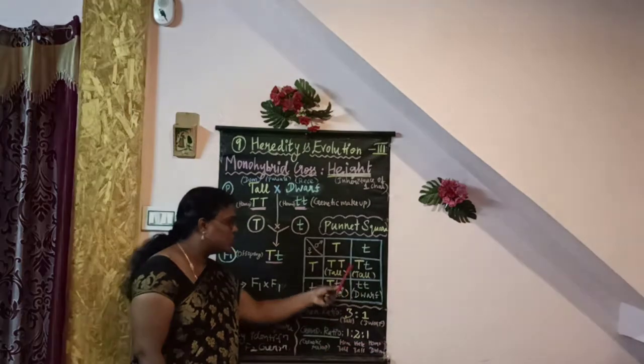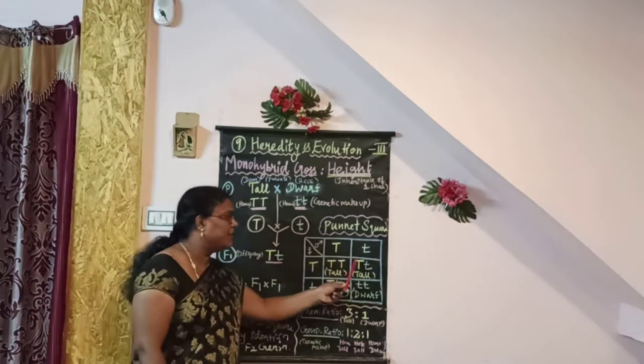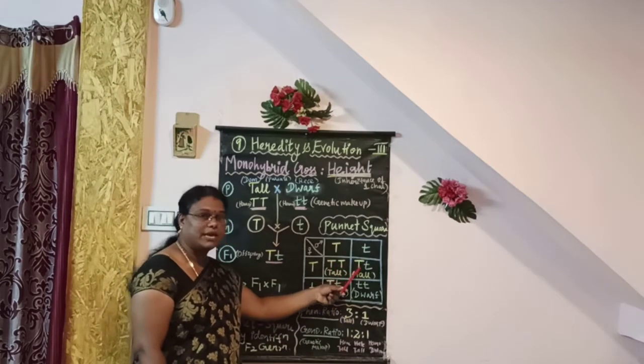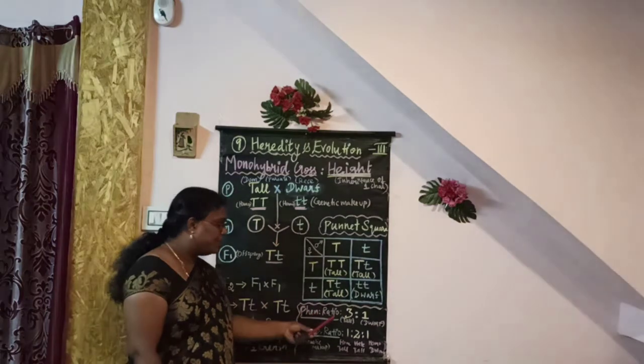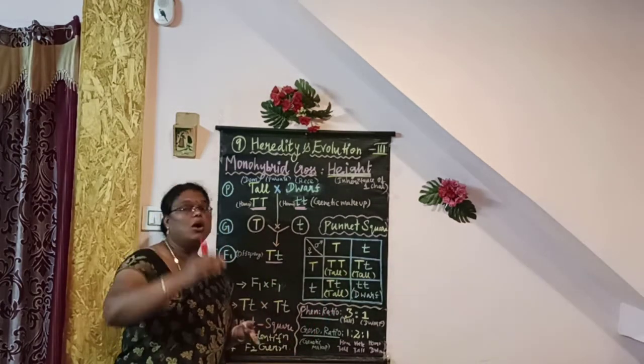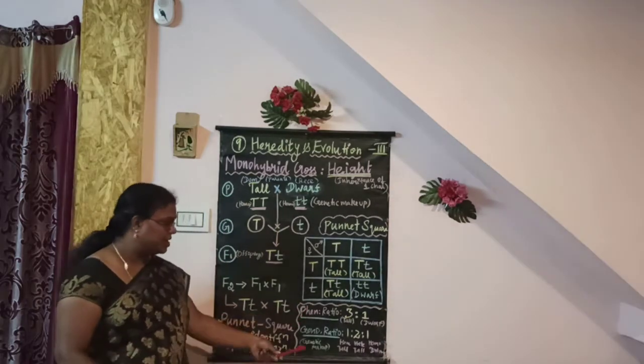So this is based on genetic makeup. So here in the genotypic ratio, genetic makeup is considered, whether it is capital T or capital T small t, like that. Phenotypic ratio is morphological, it can be visible whether it is tall or dwarf. So genetic makeup is not considered. So this is the ratio.